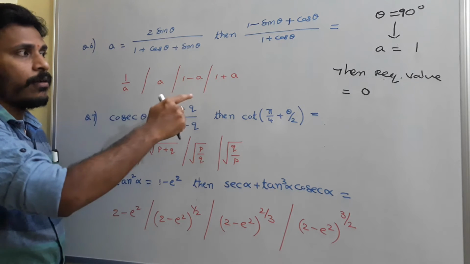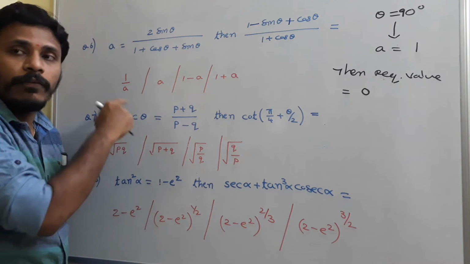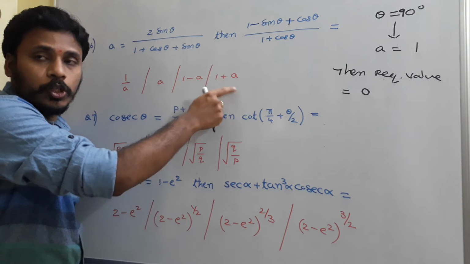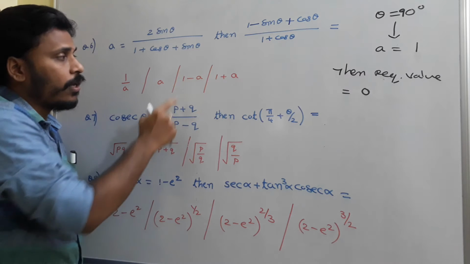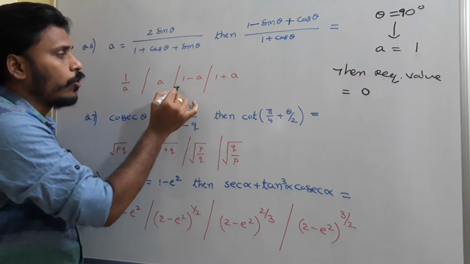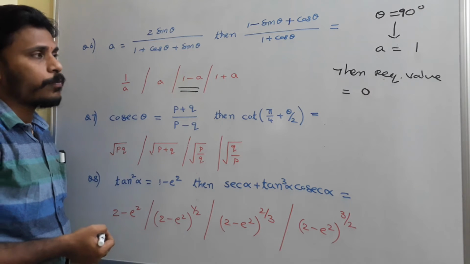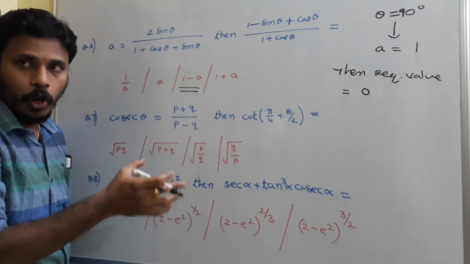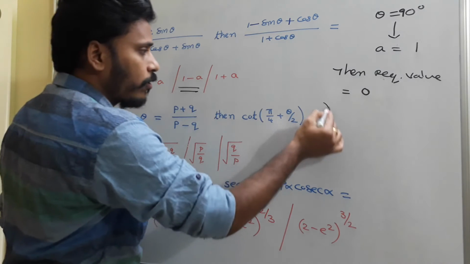So again check it. When you replace a equal to 1, which option gives you 0? If you replace a equal to 1 here, it is 2, so it is not our required one. If you replace a with 1, your answer is 1 minus 1, which is 0. So this is your option for this problem. So without the actual procedure, we are solving it in a logical way. Okay. Then think about the next one.